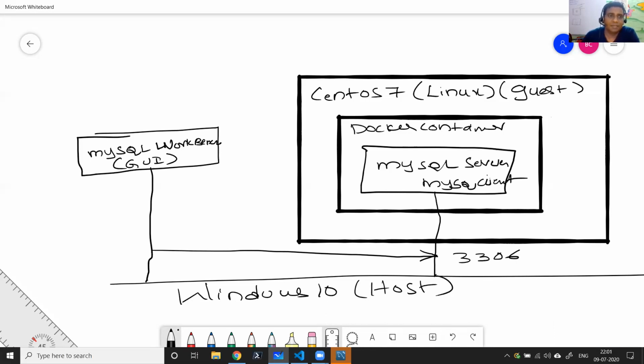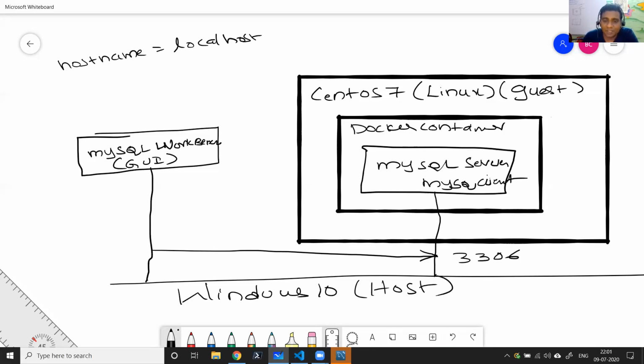If you want to connect to a typical database, you need a host name, which is like localhost. Technically the database is not running on my host, it is running on my guest machine. So the MySQL server is running on my guest machine.